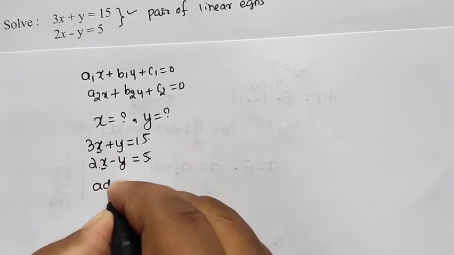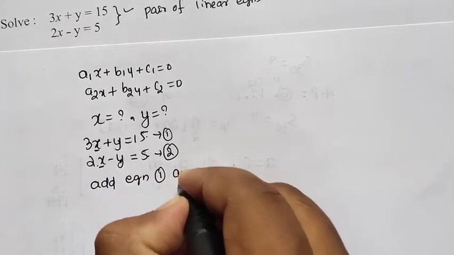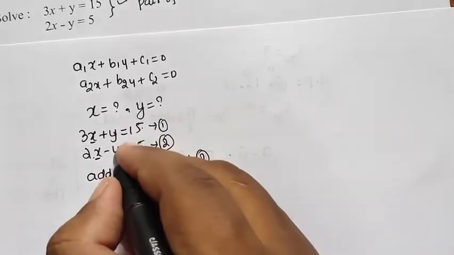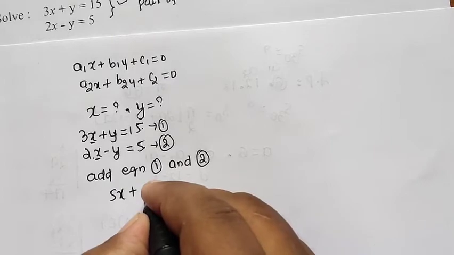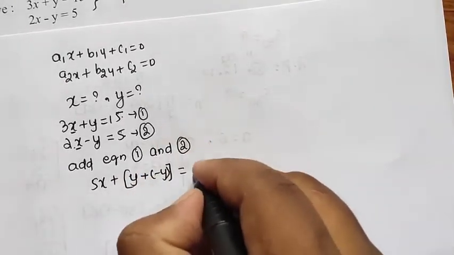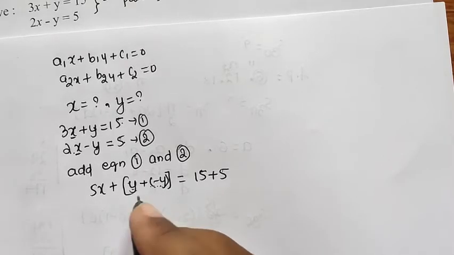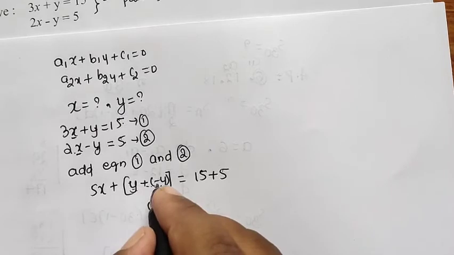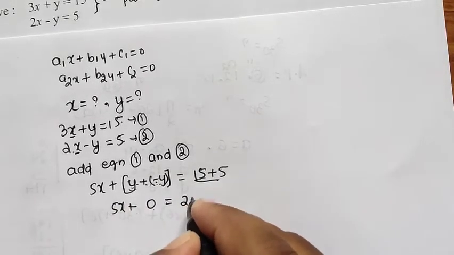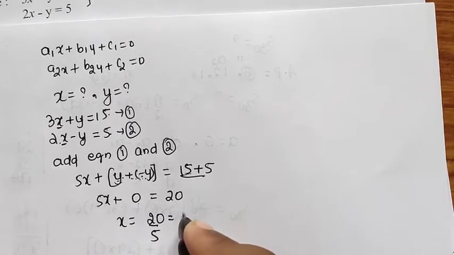तो लेट अस ऐड इक्वेशन, इसे इक्वेशन 1 लेते हैं और इसे इक्वेशन 2 लेते हैं। ऐड इक्वेशन 1 एंड 2। जब ऐड इक्वेशन 1 एंड 2 करोगे 3x प्लस 2x कितना होता है, 5x होता है। और y प्लस ऑफ माइनस y मतलब 0 हो गया। मैं यहाँ पे लिखता हूँ y प्लस ऑफ माइनस y, एक ब्रैकेट में लिख लेता हूँ कंफ्यूजन अवॉइड करने के लिए, इज इक्वल टू 15 प्लस 5। अब बताओ y प्लस ऑफ माइनस y कितना होता है, 0, क्यों, प्लस इंटू माइनस माइनस होता है, y माइनस y इज 0। सो 5x इज इक्वल टू 15 प्लस 5 इज अगेन 20। अब x इज इक्वल टू कितना, 20 डिवाइड बाई 5 होता है। सो यू हैव 4।